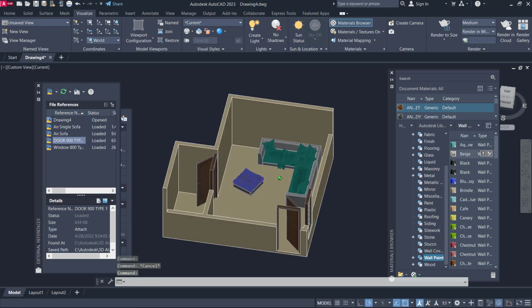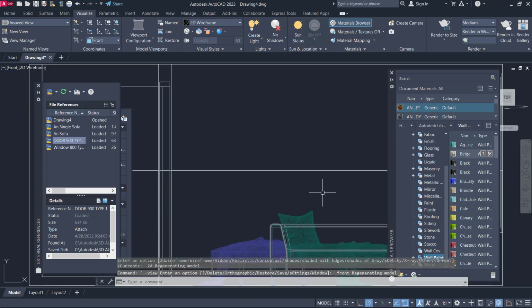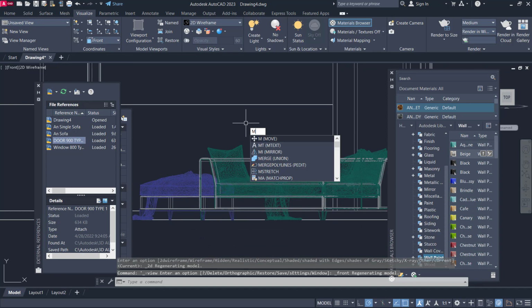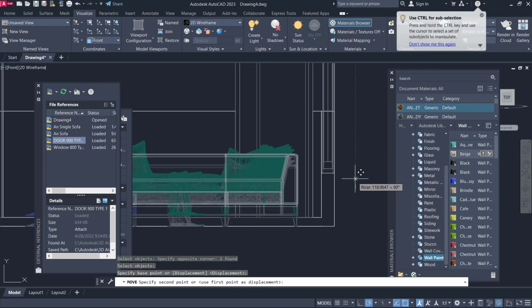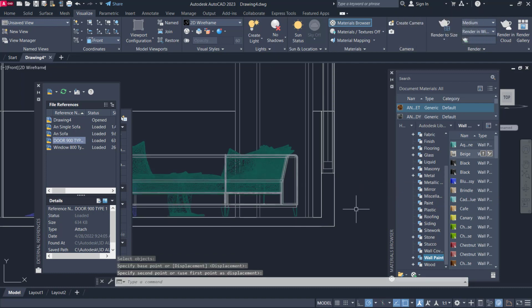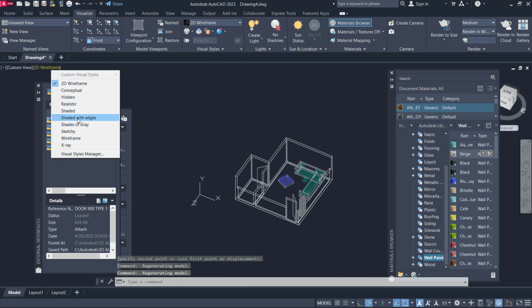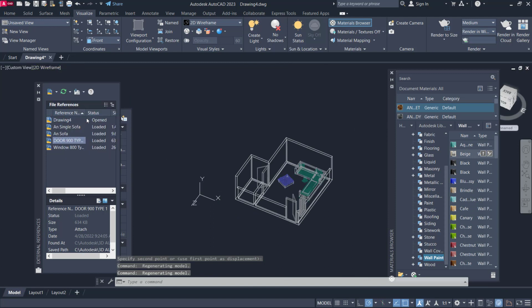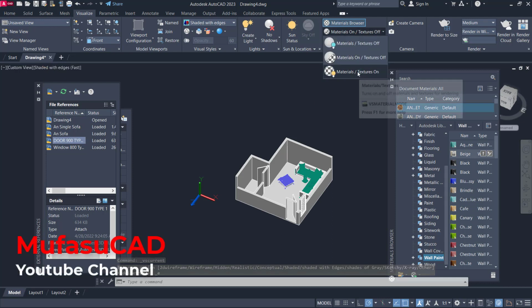To fix this furniture, you can set into 2D wireframe and change into front view. This is for front view, and use the move tool to move this object to the top like this. Okay, and change again into shaded with edges. Activate material and texture, you can click at this option, click material texture on,